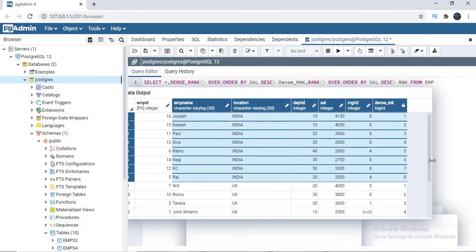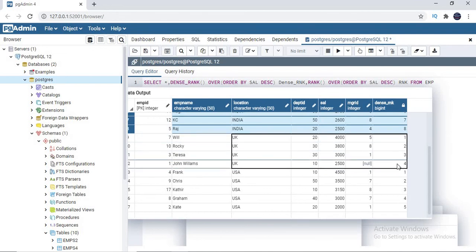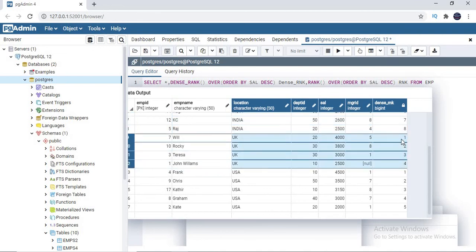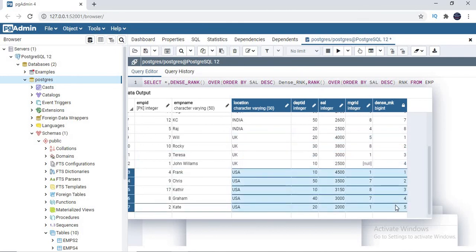In a similar way, for these 4 records the data has been segregated, and the 4 records are ranked 1, 2, 3, 4. And this is USA also, the data has been segregated based on the location, and these 5 or 6 records got their ranks. Even when 2 people have the same salary in the same location, the rank will be given like that, 1, 1, 2 and so on. There is no skip of the rank in the dense rank functionality.